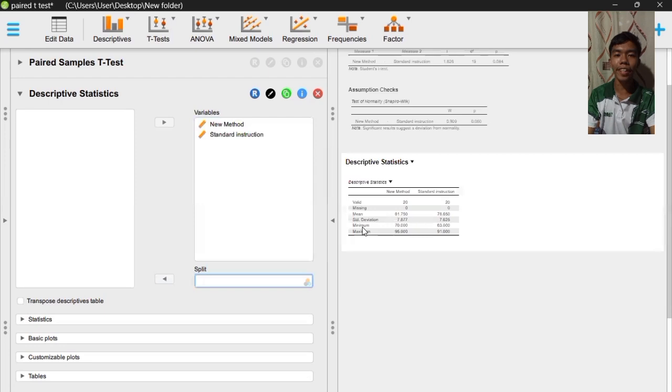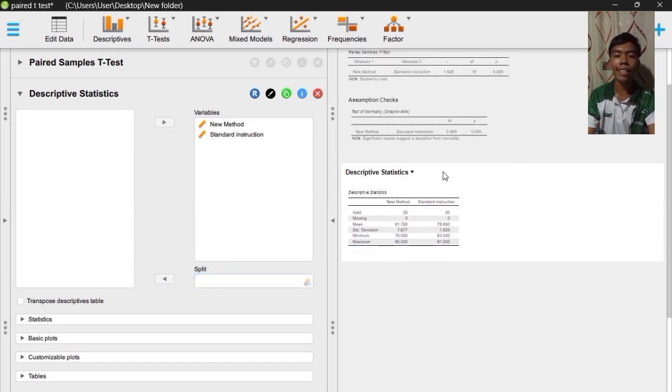As you can see here, we can make an assumption that the paired sample t-test assumes that the difference between the mean amount of materials learned between the new method of instruction and the standard instruction is normally distributed.